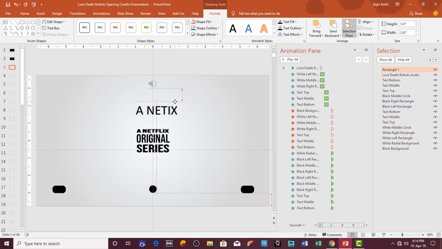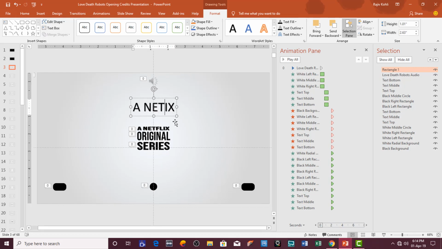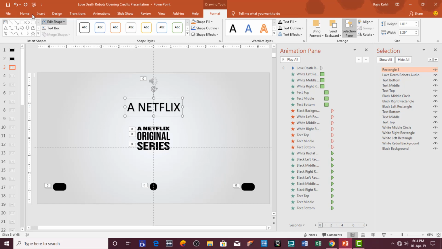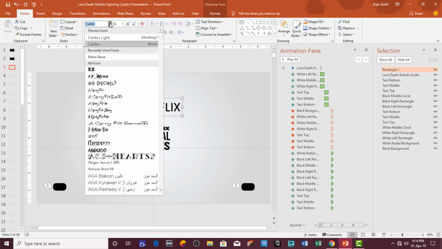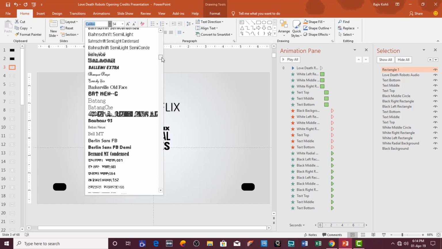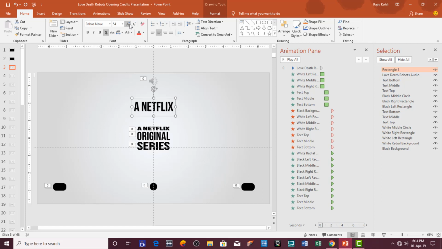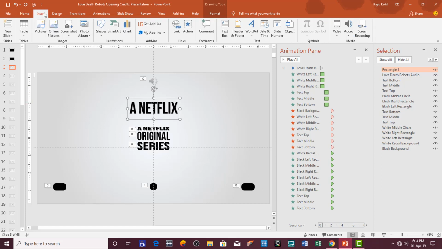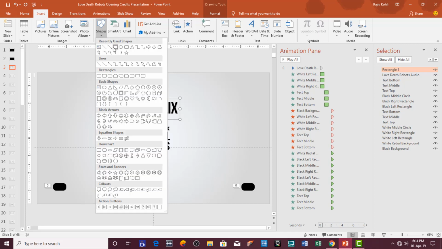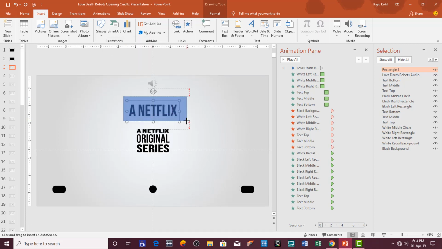Let me move it on the top. And for this animation particularly, I have used a font called Base Nui. That is right here, and increase the size. Now what I am going to do, I will insert a shape here, a rectangle particularly, and then send it